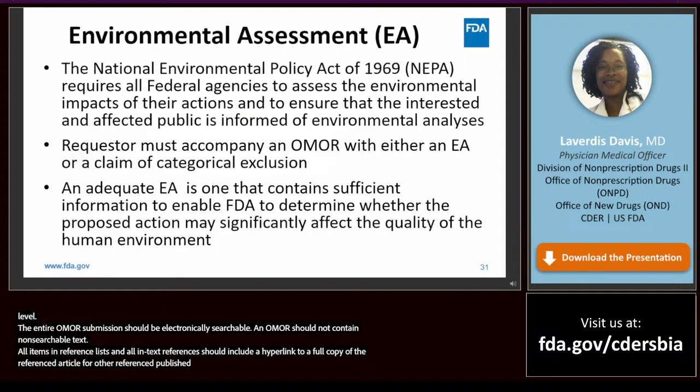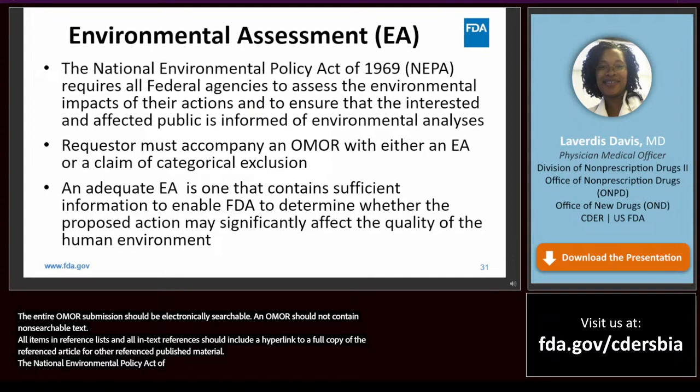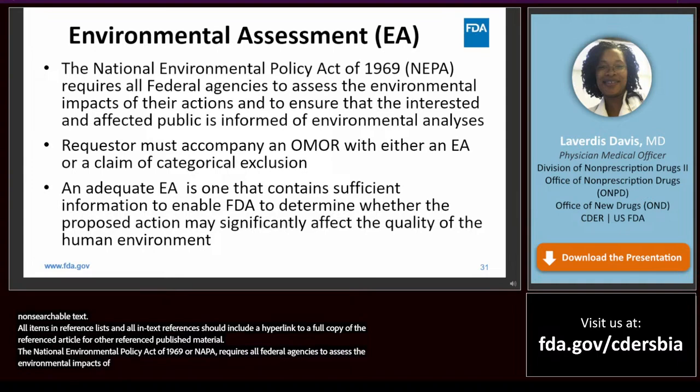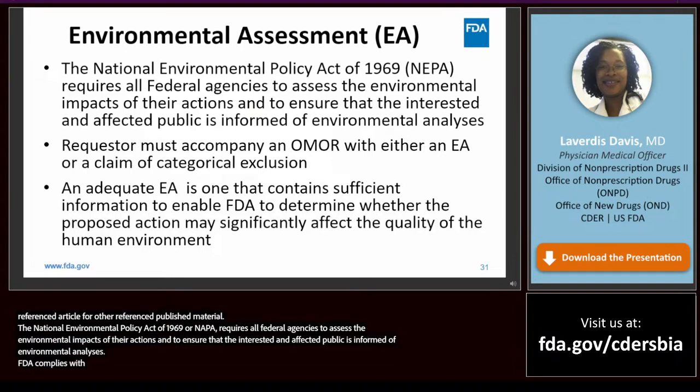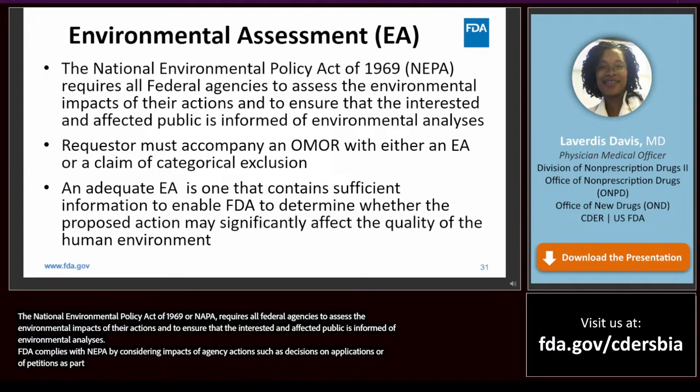The National Environmental Policy Act of 1969, or NEPA, requires all federal agencies to assess the environmental impacts of their actions and to ensure that the interested and affected public is informed of environmental analyses. FDA complies with NEPA by considering impacts of agency actions, such as decisions on applications or petitions, as part of its regulatory process.